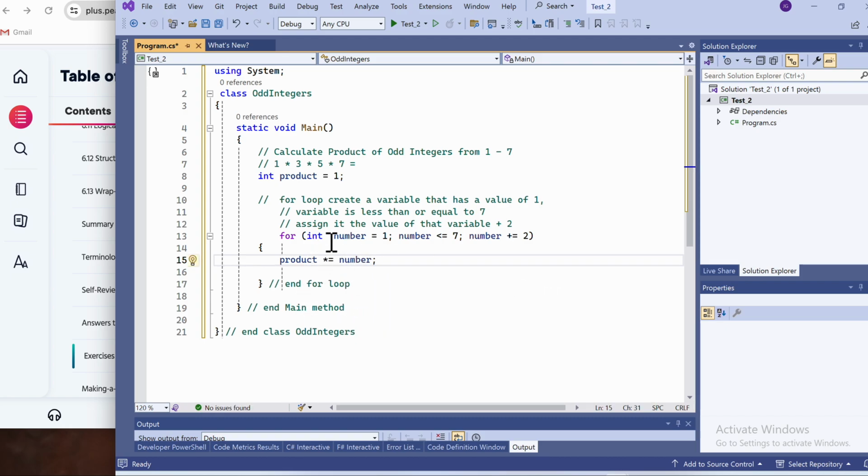And what this is doing is taking this variable number after it's added the 2. Number starts with the value of 1, so product equals 1. So product is 1 times, and we're going to assign it the new value of product times number, which when they're both 1 will be 1 times 1. So the first one will be 1. And the second iteration, because we haven't hit the number 7 yet, will be product, which is 1, times, and this time the number will be 3. So 1 times 3